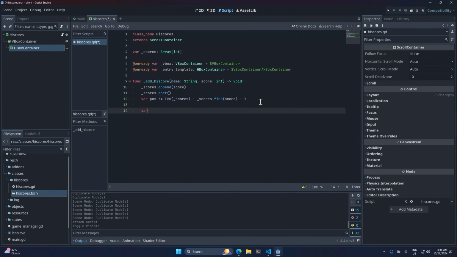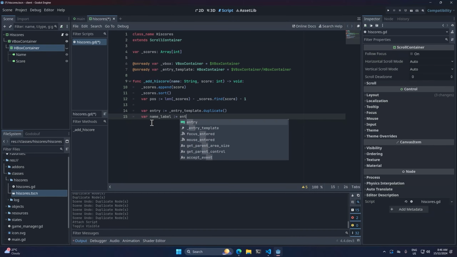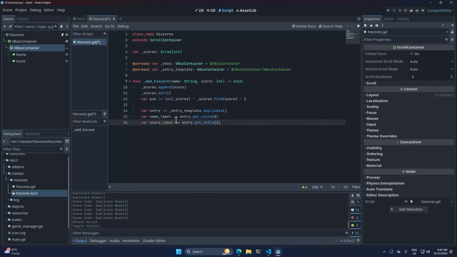But now we just need to create our new entry. So this is going to be entry_template.duplicate. Then we can just get the name label that is inside the entry template. So that will be grabbing this. And Godot's not really going to know what this is because all it knows is that entry is an HBoxContainer. It's not going to know that there are 2 labels inside. So we just need to explicitly tell it the type. So these are 2 labels. And then we just go